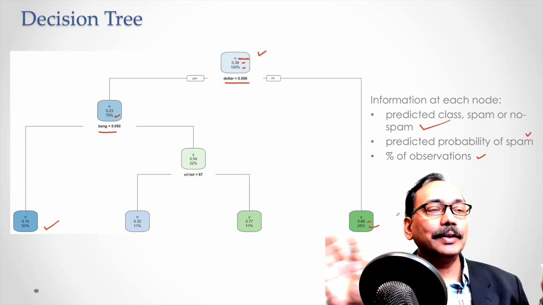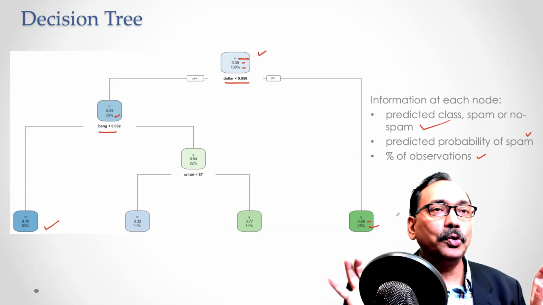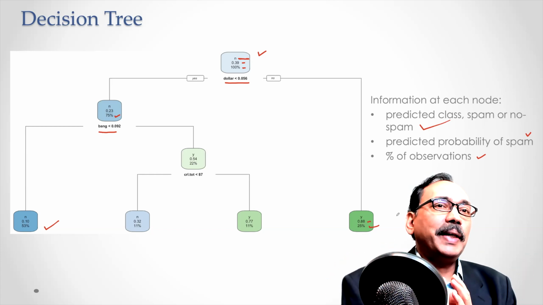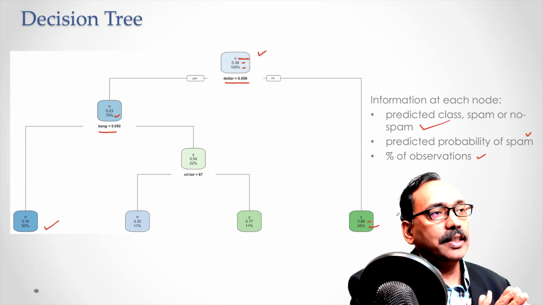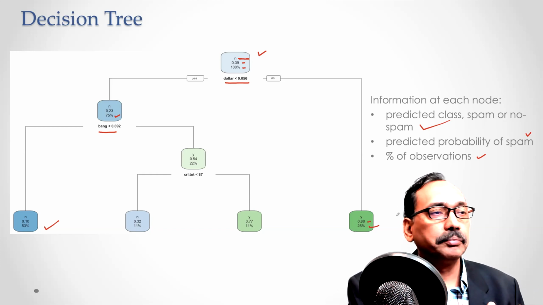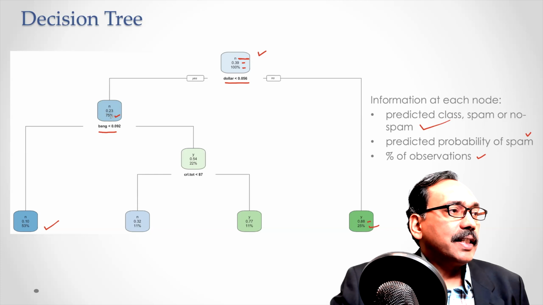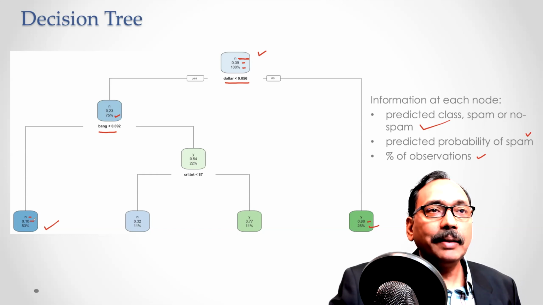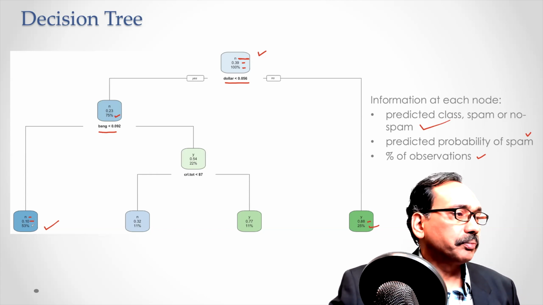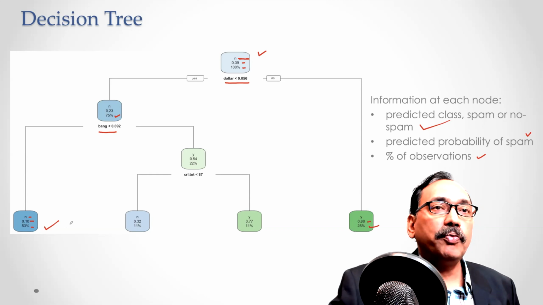So it has broken the total data into two branches such that one branch leads you towards spam emails and another branch leads you towards not a spam email. And this node gets broken into two. You can see the left one, if you go down, that's the terminal node, and the prediction is that it's not a spam, because the probability that the email is spam is only 10%. So there's a 90% chance that it's not a spam. And this is based on 53% of the data,